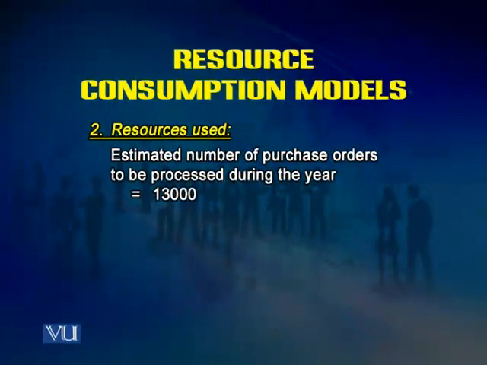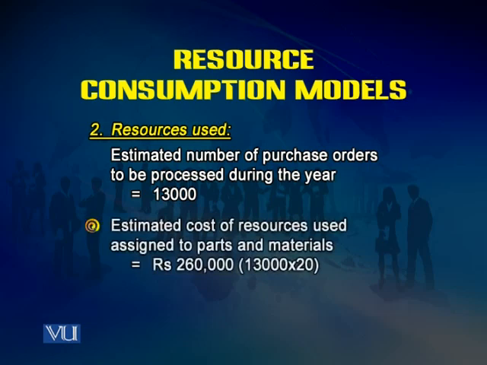Number 2, resources used. Estimated number of purchase orders to be processed during the year equals 13,000. Estimated cost of resources used assigned to parts and materials will be 260,000, which is 13,000 times the rate of 20 per purchase order. So now we look at the cost of resources used, and this is based on the organization's estimate. Although they have a capacity of processing 15,000 purchase orders, they expect that they are going to process